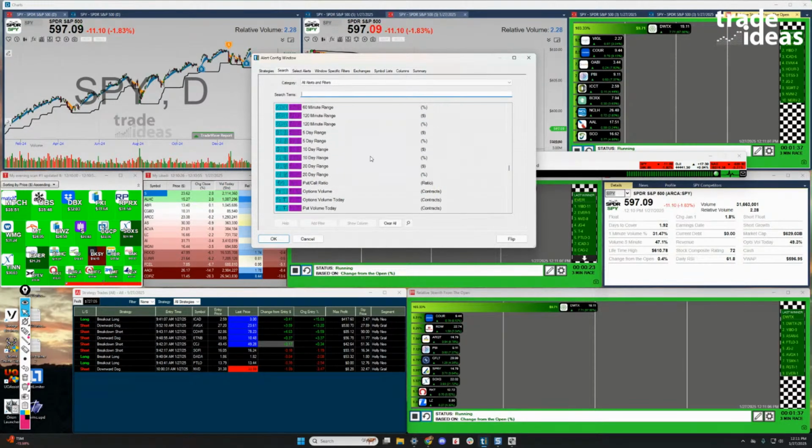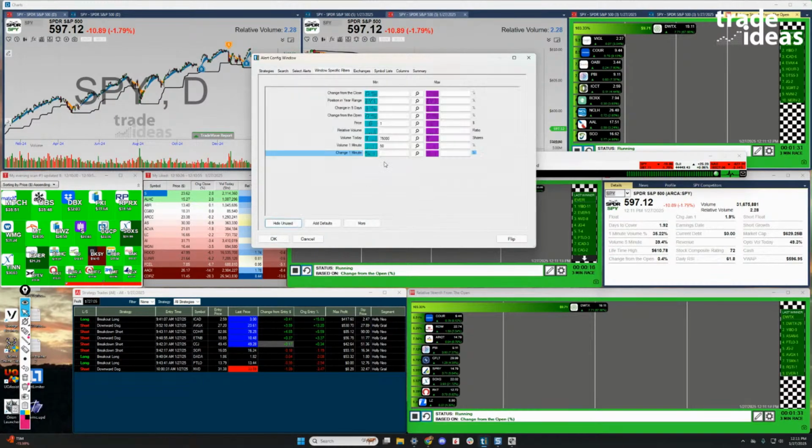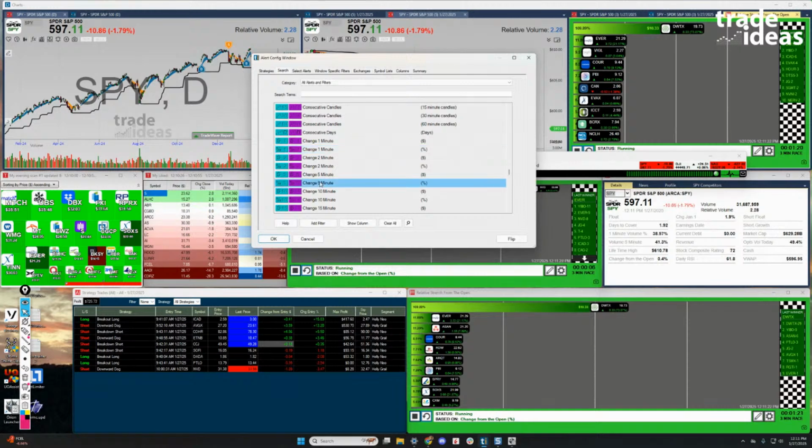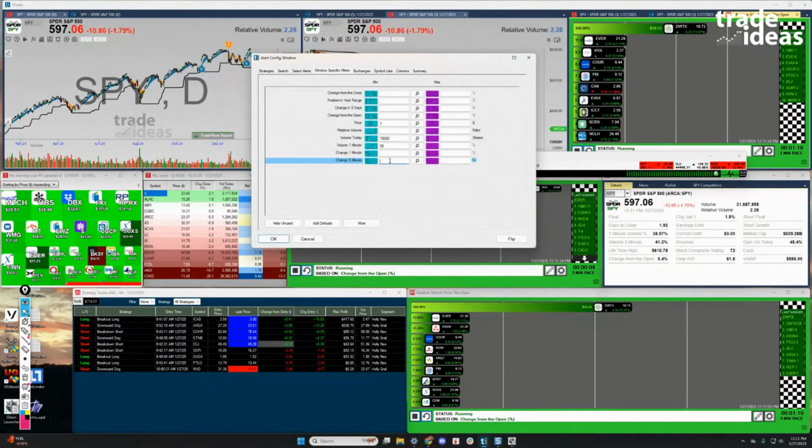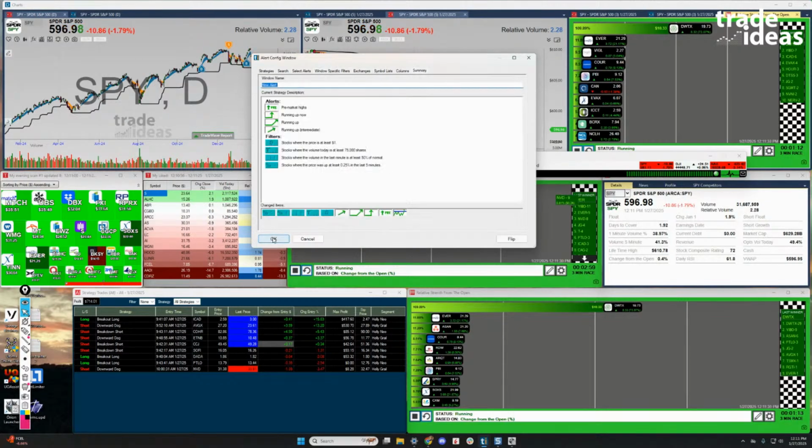We could look at change here over the last minute, right? So we go 1 minute percent. We can add that filter. We just say we want to see stocks that are up at least 0.25%. Let's not say the last minute. Let's say the last 5 minutes. Let's go back. Change 5 minutes in a percent. Let's add that filter. Let's look at stuff that's maybe up. It's a look back period. Again, it's not a candle. And so here we've got the basis of a scan that would work in the pre-market.